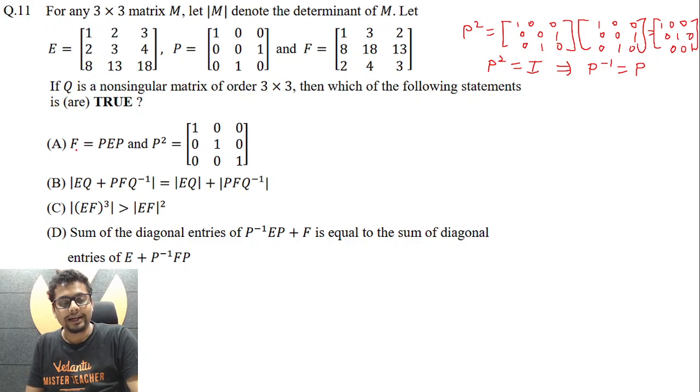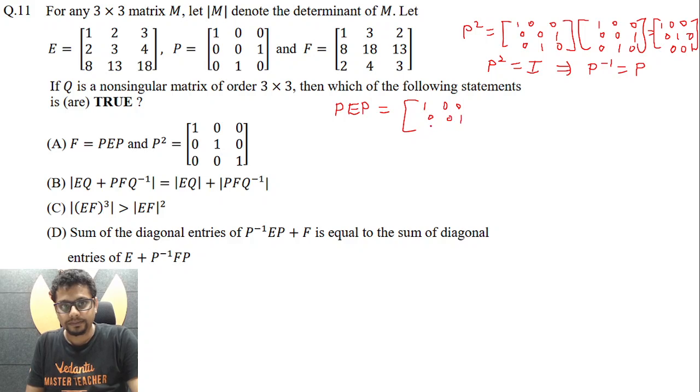Now what about F being equal to PEP? Let's explore what is PEP. So PEP essentially is, so here you put P and here you put E, P. If you see carefully, it's essentially swapping of second and third row. Check it out. As you multiply, it's like swapping of second and third rows. So this essentially becomes